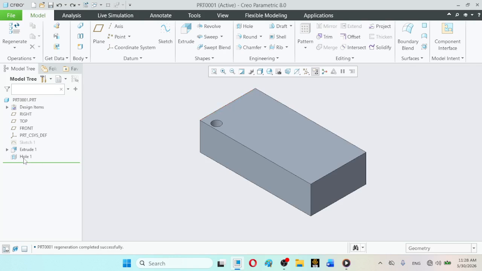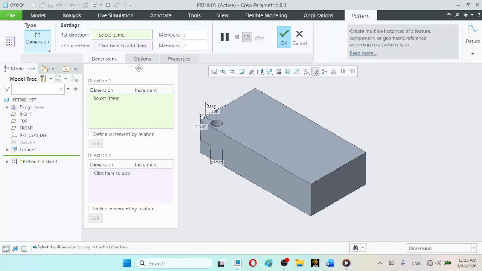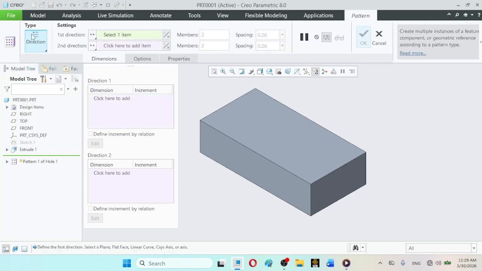So now again select it from here, and now the pattern is available, and again go to the pattern. Here is the other type, the direction type of the rectangular pattern command, and here you can observe the type is direction. The direction can be defined in at least two ways for defining the direction.